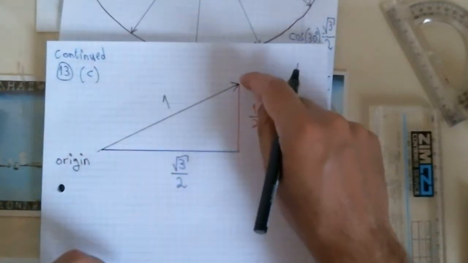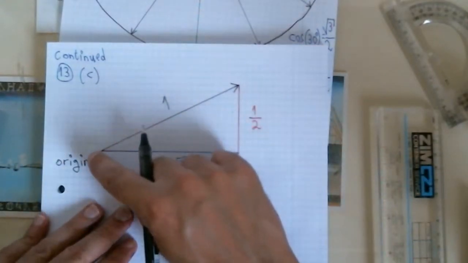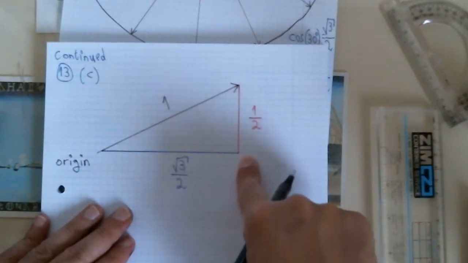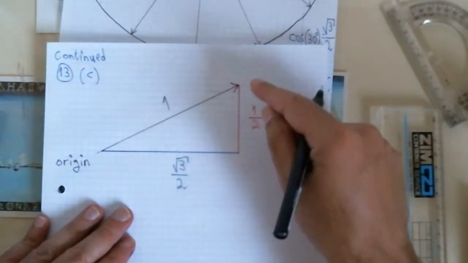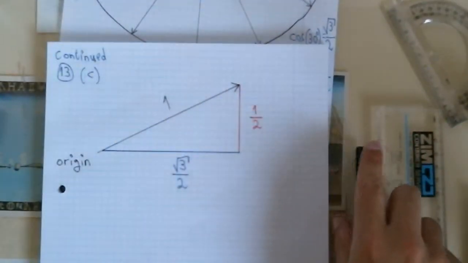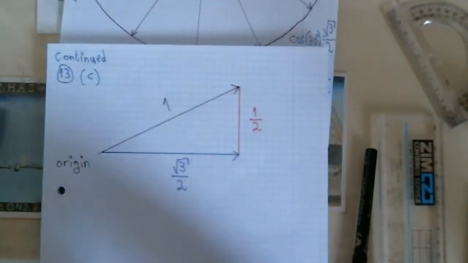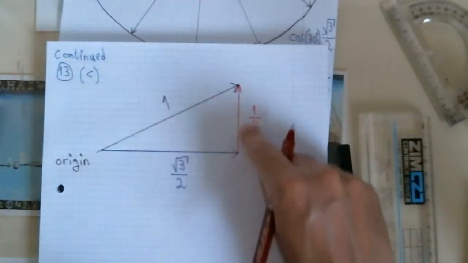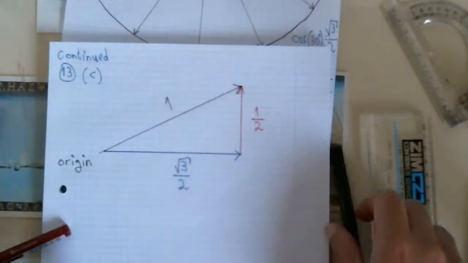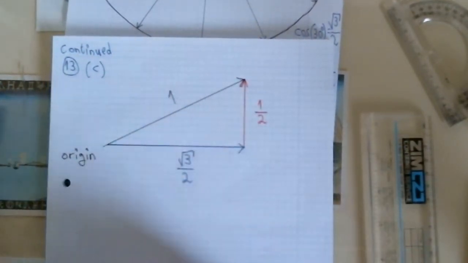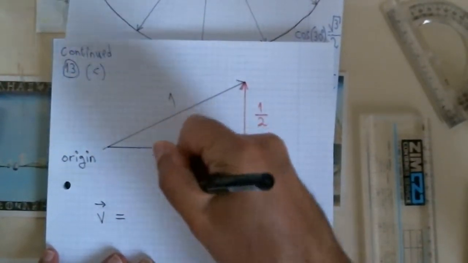And what are the components of the vector? So the first component is how much we go to the right. The second component is how much we go upwards. So we just write it down. It's just like we had two vectors here. If this was a vector and this was a vector, and we add both of them together to have this vector. Okay, so the vector, let's call it V, equals